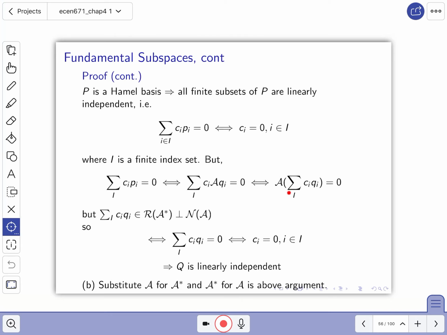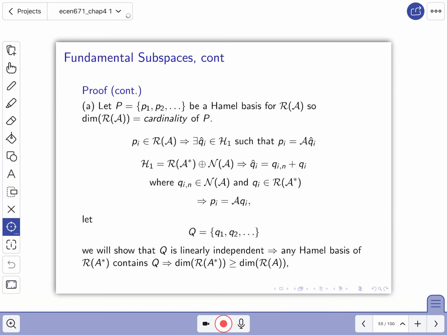Therefore, if it was in the null space of A, then we could get 0. But since it's in the range space of A star, which is orthogonal to the null space of A, the only thing that contains both of those guys is the 0 vector. So when we say that this is equal to 0, we know that that finite sum has to be equal to 0, which means that the Qi's are linearly independent. And therefore we get our dimensional argument that the dimension of the range space of A is less than or equal to the dimension of the range space of A star,